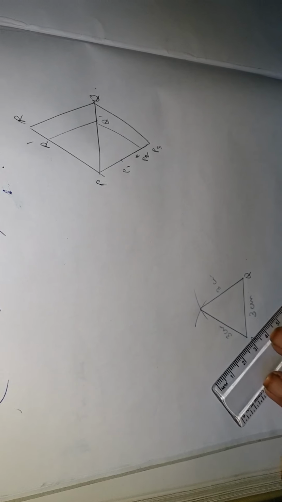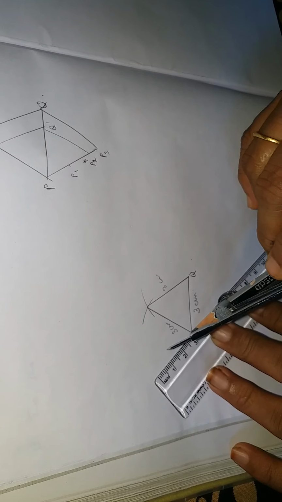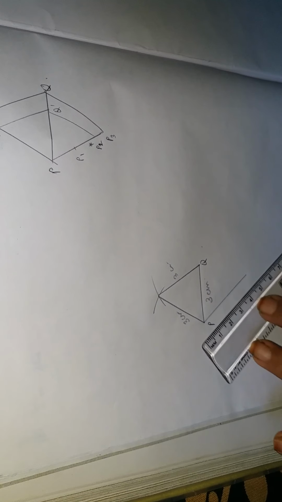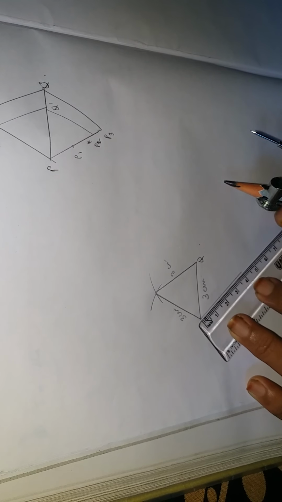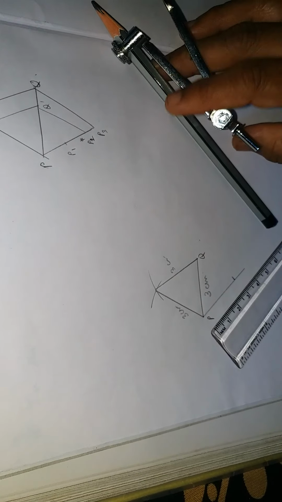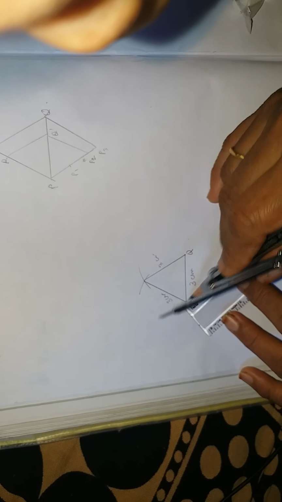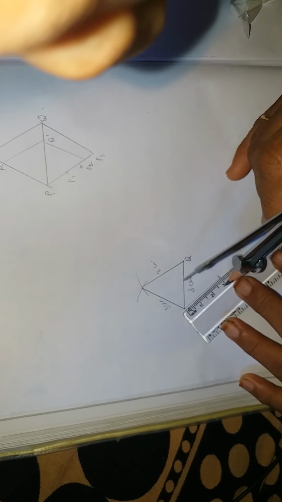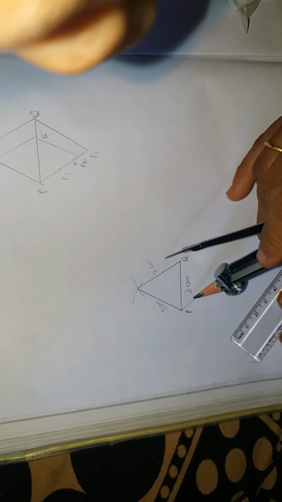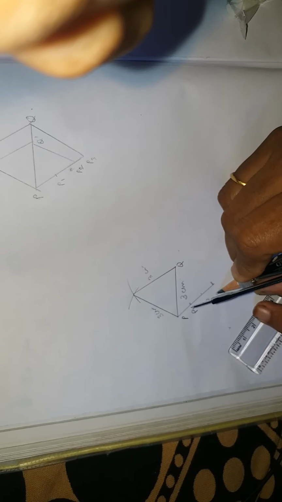Next, what you have to do is take your scale and draw one line below your PQ. This line also should be of 3 centimeter. So, 1, 2, 3, up to this you have. Okay, this is your line. You are drawing a line of 3 centimeter. Down also see that it is 3 centimeter. You can measure, keep points 1, 2 and 3. I have divided it into 3 points. So, this is your P1, P2, P3.